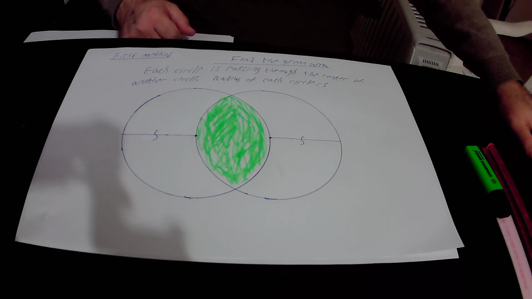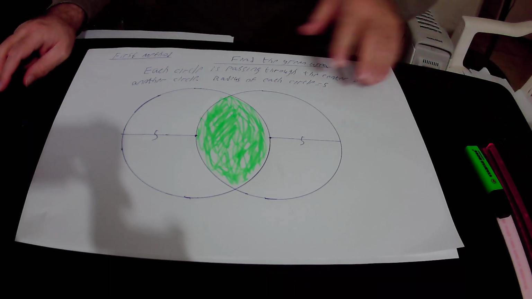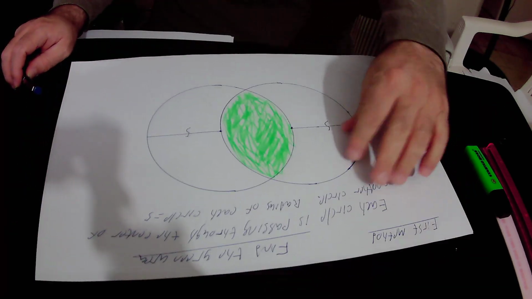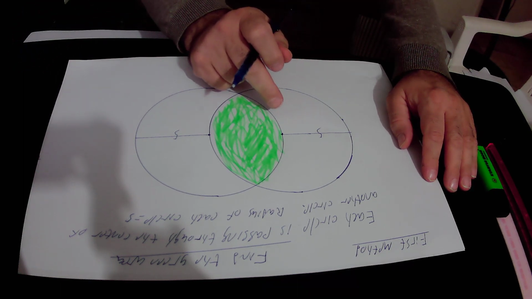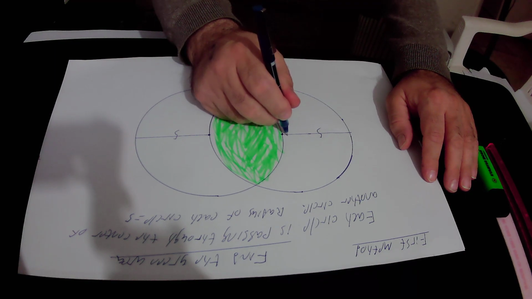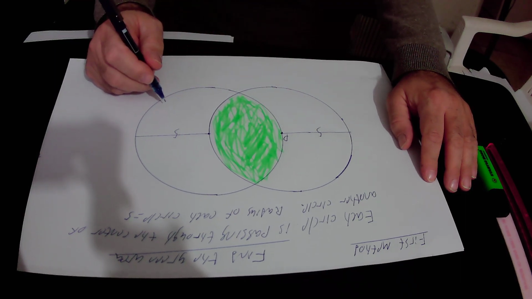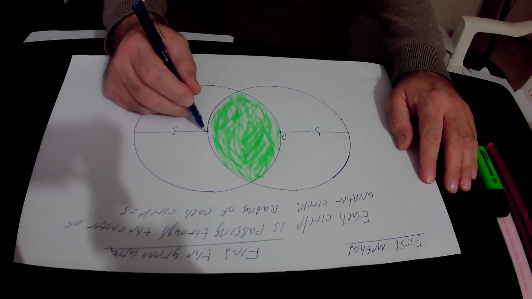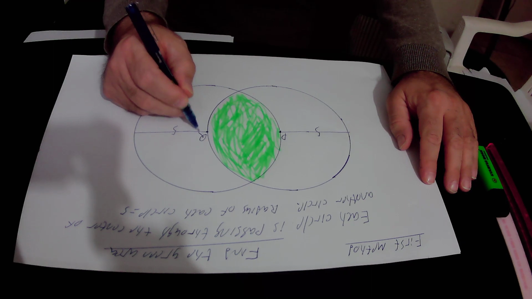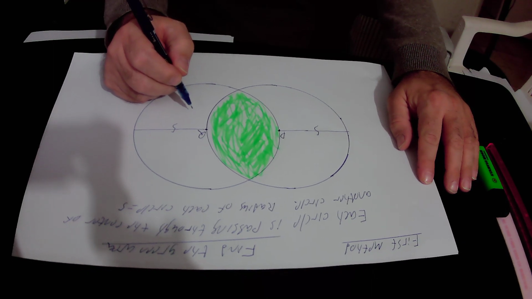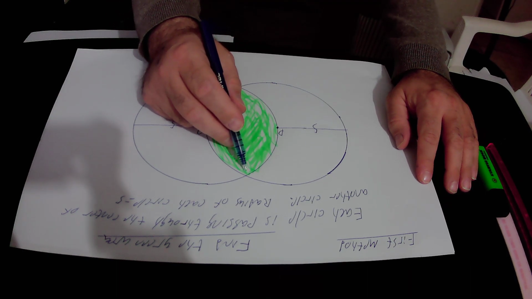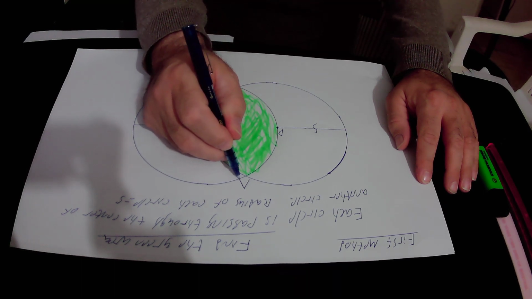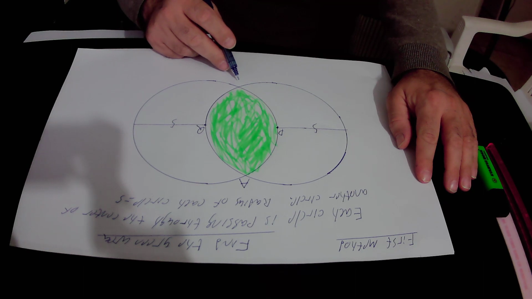So we will start with the first method. We will define the center of this circle as point P, and we will define the center of this circle as point Q, and we will define the first intersection point of these two circles here as point A, and we will define this second intersection point between those two circles as point B,